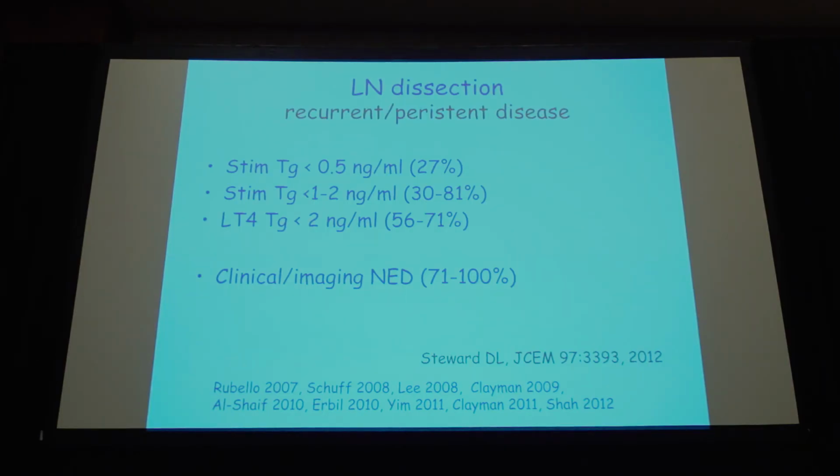And looking at doing a lymph node dissection, just the idea of what are your goals? If your goal is to get a stimulated thyroglobulin of less than 0.5, and this is some older literature, there was a 27% chance of doing that. A thyroglobulin of less than 2 on levothyroxine was a higher rate, and obviously clinical imaging, no evidence of disease soon after the surgery had a much higher rate of success. So a lot of times when we do this surgery, it depends on what our definition of success is, whether it's radiographic, whether it's tumor marker, and how sensitive and how aggressive we are with the tumor marker